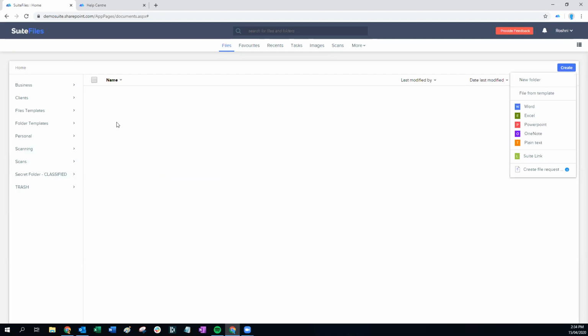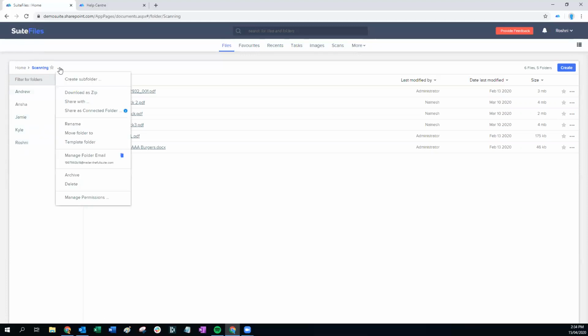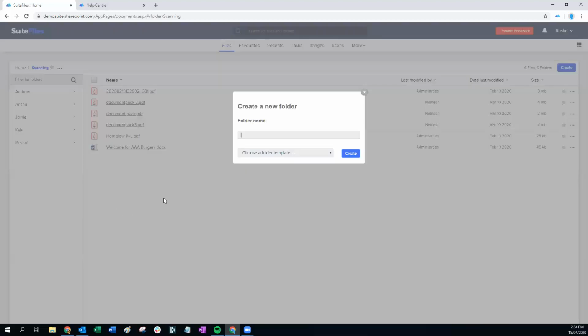The other thing that you can do is if you're wanting to create individual scanning email addresses per user, or maybe just for a handful of your team who are responsible for scanning, then you can set up an individual folder for each of those people. So here I'm in a scanning folder, and then I can click the three dots to create another subfolder, and let's just create a